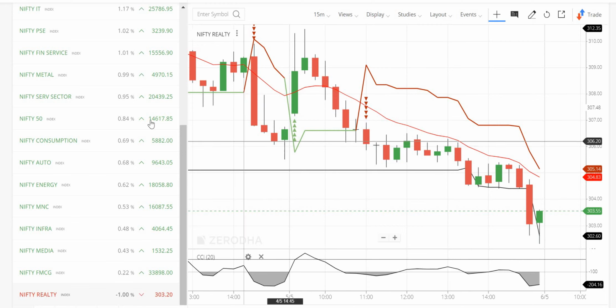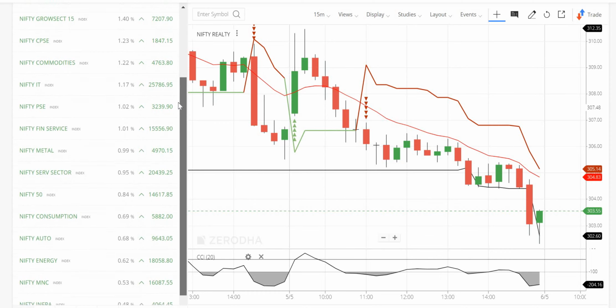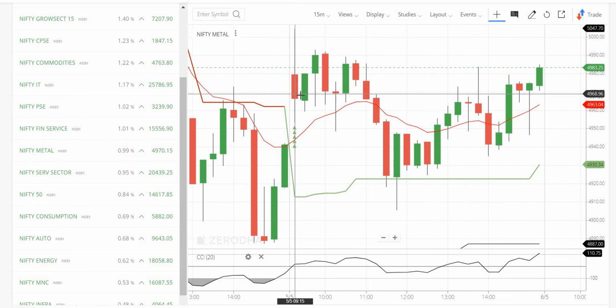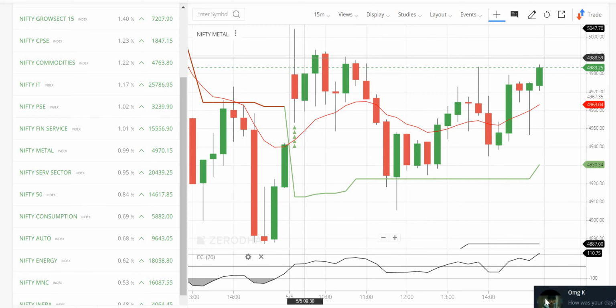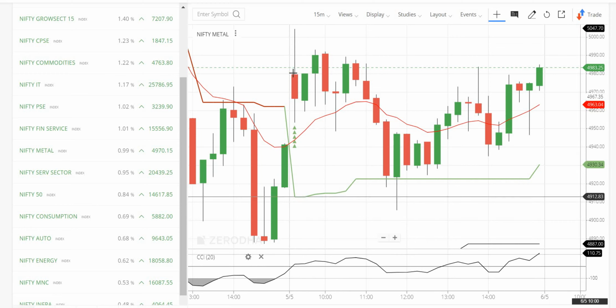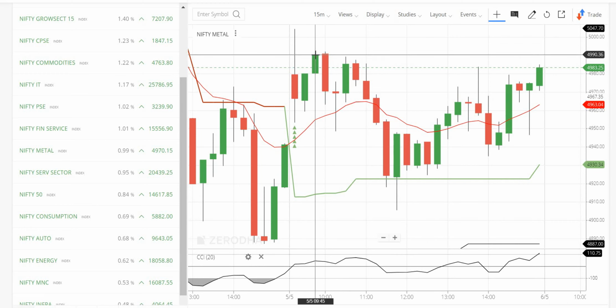Okay. So let me just select something random, something which did move today. Nifty Metal has been performing very good lately, so let me pull that up. Here I see that in Nifty Metal, the first 15-minute candle was completely indecision. The second candle looked positive, the third candle looked positive. So how do I enter my trade here? I would simply go long at this point. Honestly, I would go long at this point. There are two candles which are closing at their highs. What else are you going to look for?